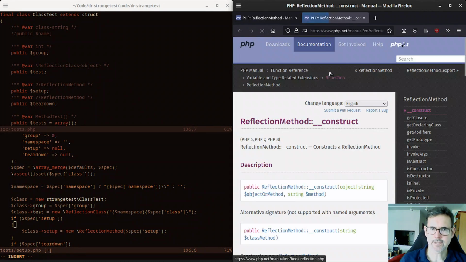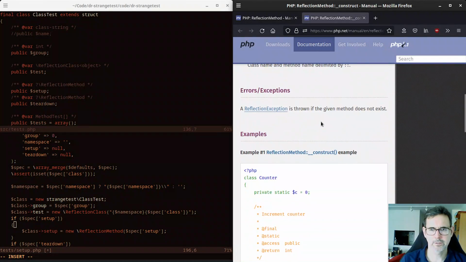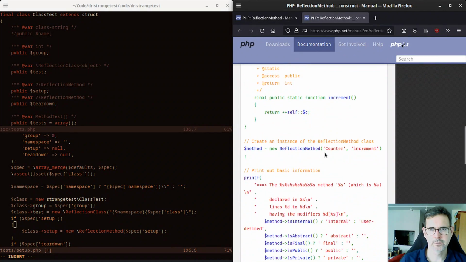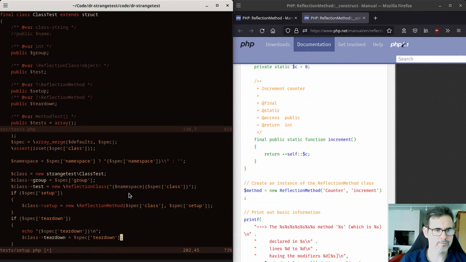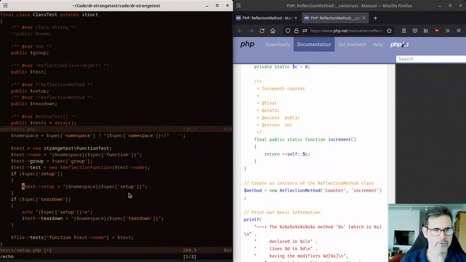Well, let's just see if this has any counter increment. Okay, so this is going to be spec class spec setup. Class. So I think that should work. And then this is going to be